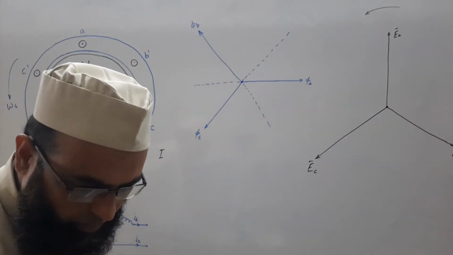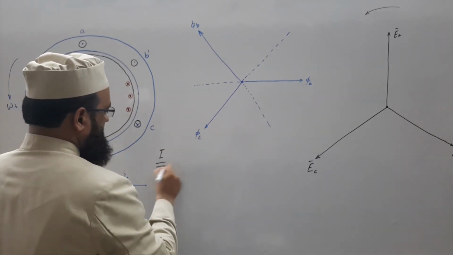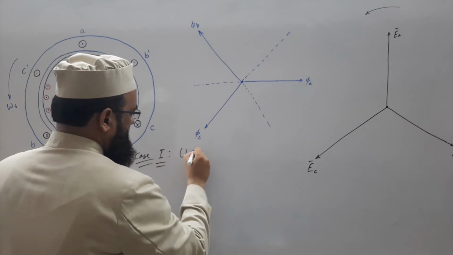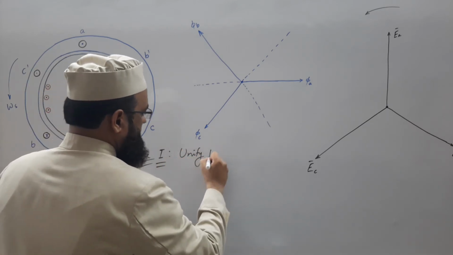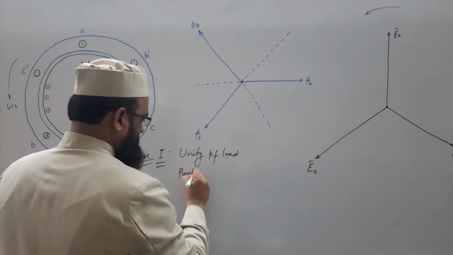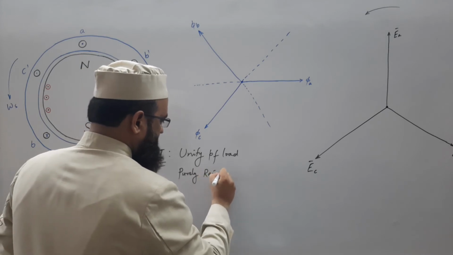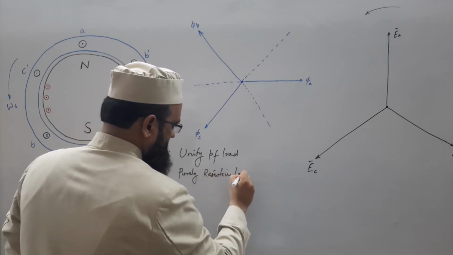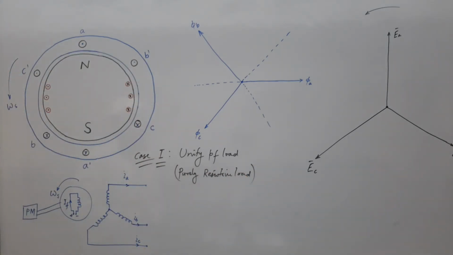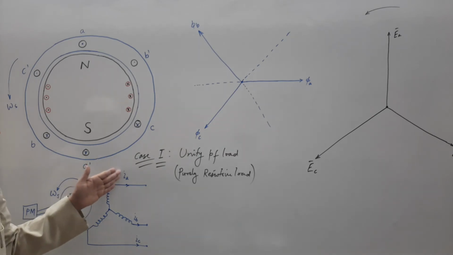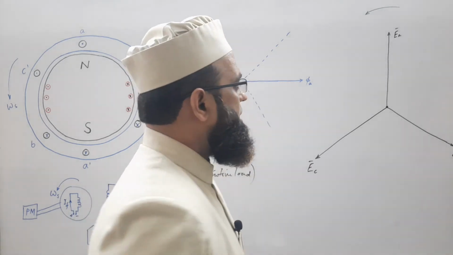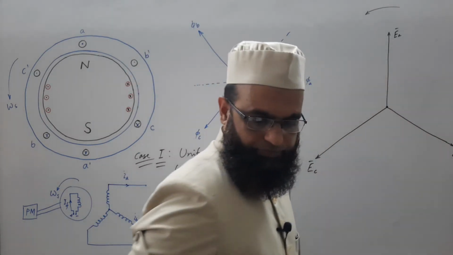Case 1, unity power factor load, that is purely resistive load. So in unity power factor load, the three phase currents will be in the same phase as the corresponding phase EMFs. If you want to draw,